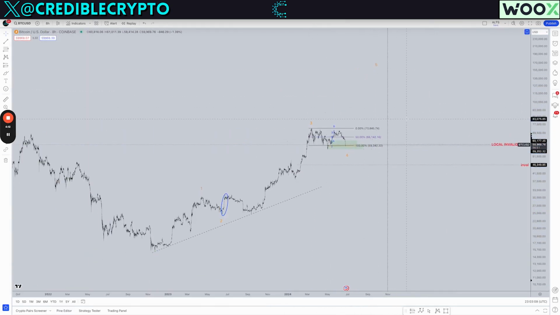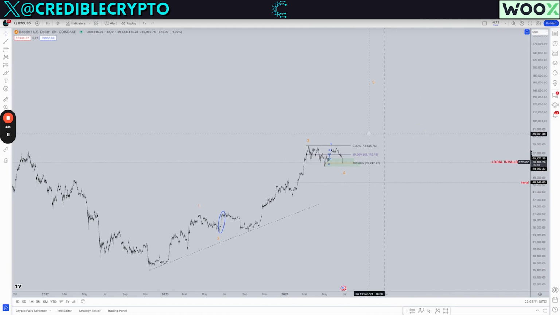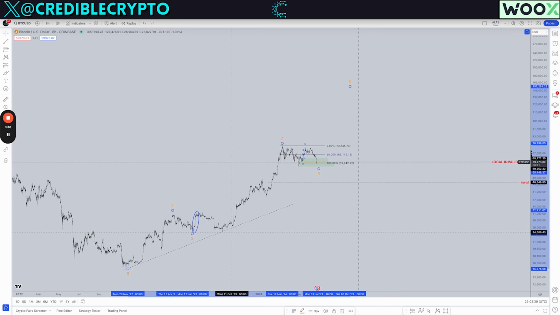And again, this actually works out well because, as I explained in that last video, the October time target, I should say, for the cycle top or the end of this fifth wave would have been very hard to achieve if we were still working on this major third. But now that we can say that, based on the amount of time that has elapsed in this correction, this is likely the major fourth, it lines up a lot better with our top being in by potentially October of this year.